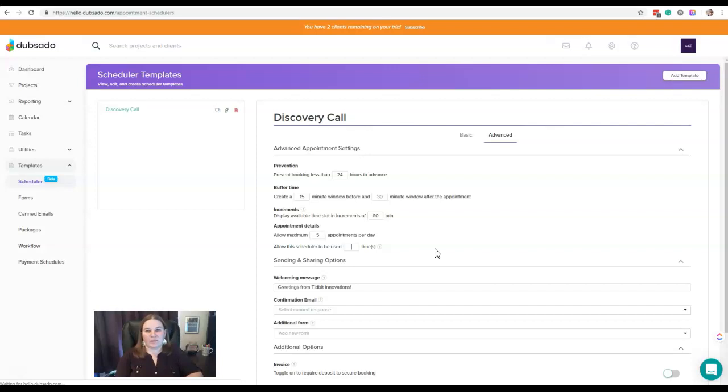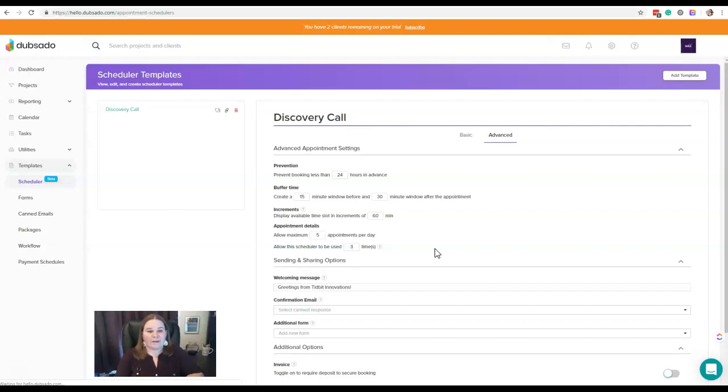This is going to be beneficial if you have a special going on for this particular appointment type. Maybe it's the first 5 people who sign up for this appointment type are going to be the ones that you take. Or maybe this is something that when you use this template with a client, they've purchased a certain number of sessions. I had an organizing client one time that we used this feature to set up her cleaning and organizing sessions. People could buy sessions in 3, 6, or 9 quantities, and we set this up in the scheduler to be, maybe it was a